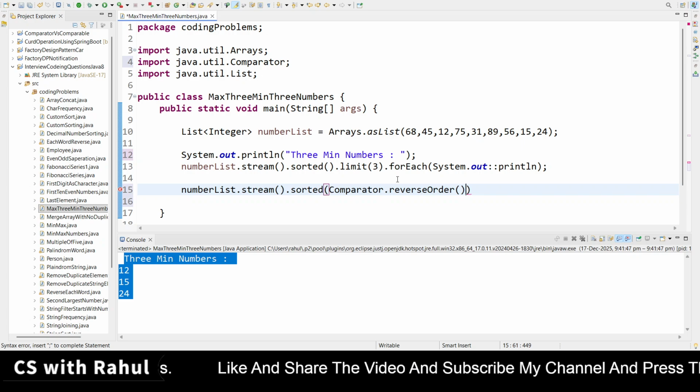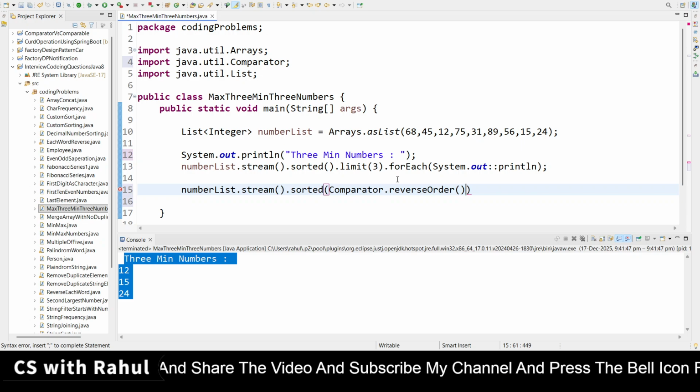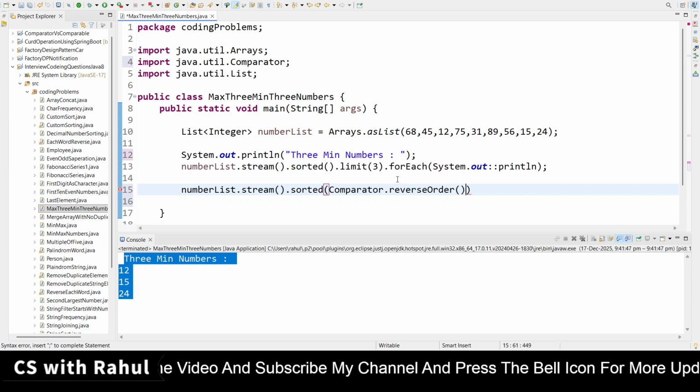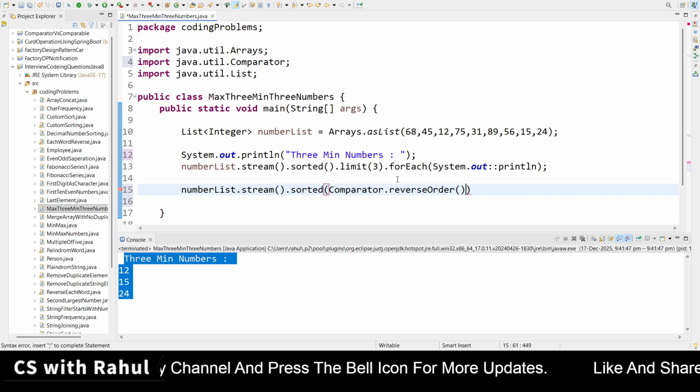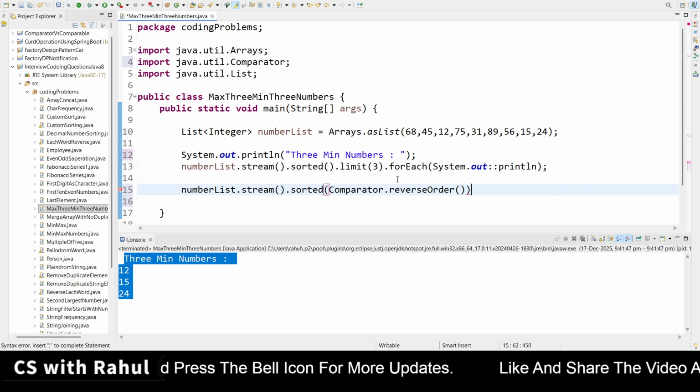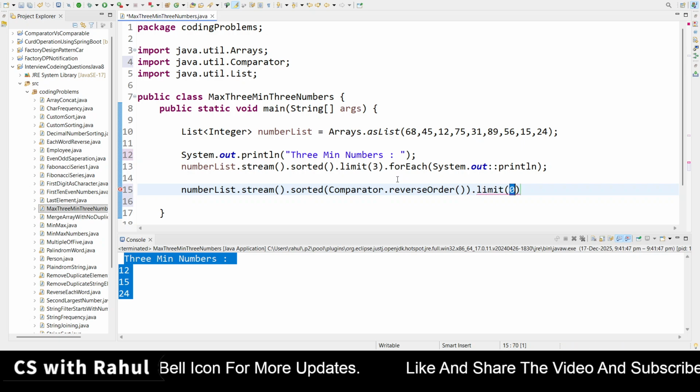So that we can easily do our operations. Here I am just passing the Comparator.reverseOrder method to make it descending order. Then again I need to provide the limit.